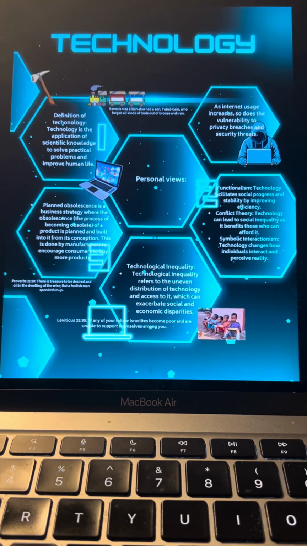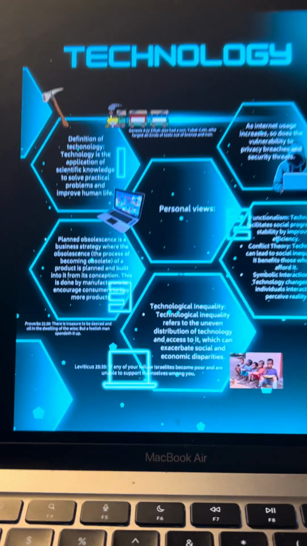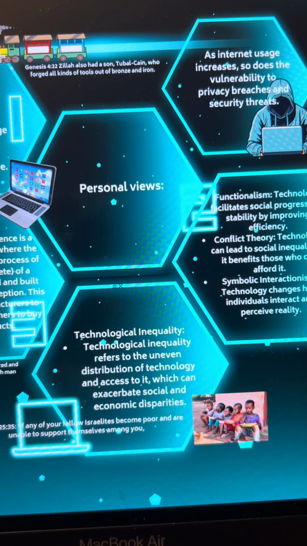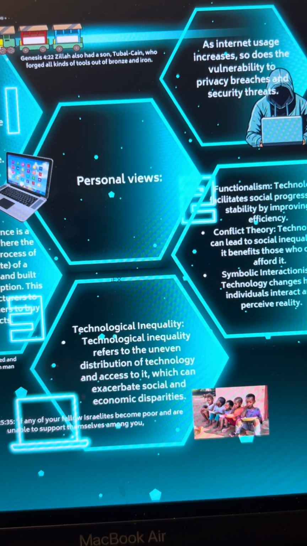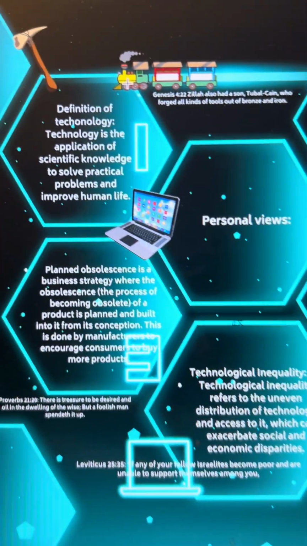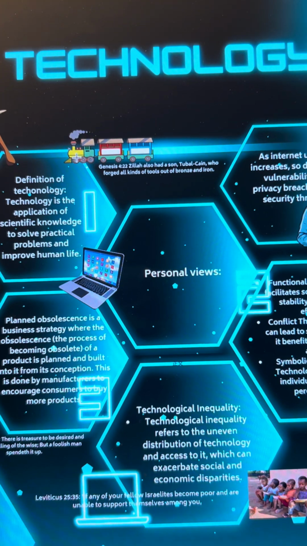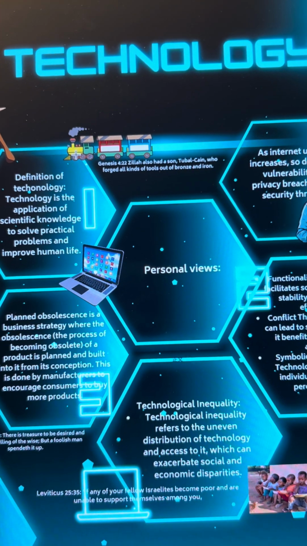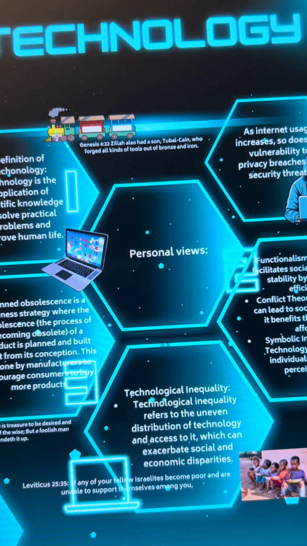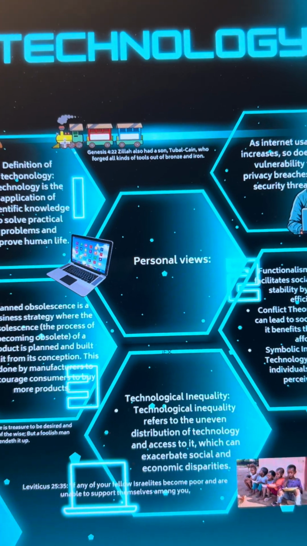The Bible verse I found to explain this is Genesis 4:22, which says, Zillah also had a son, Tubal-Cain, who forged all kinds of tools out of bronze and iron. This is in the Bible. It's kind of like the beginning of people using tools, and tools, by definition, are technology. Technology is something new that could potentially help people to be more efficient at working or in any other aspect of